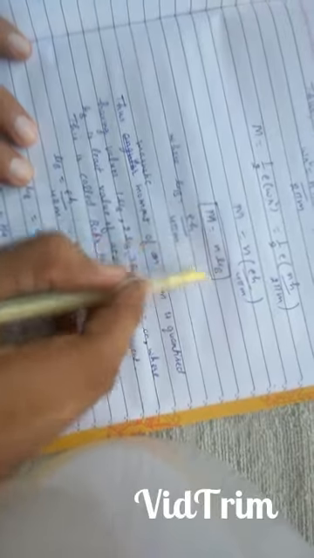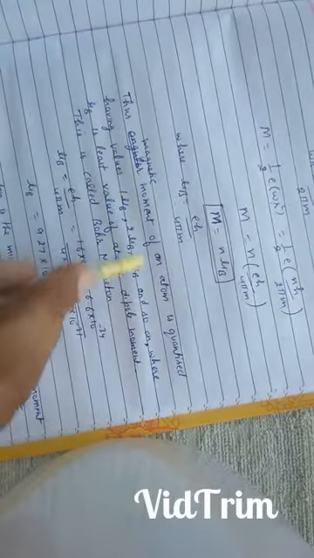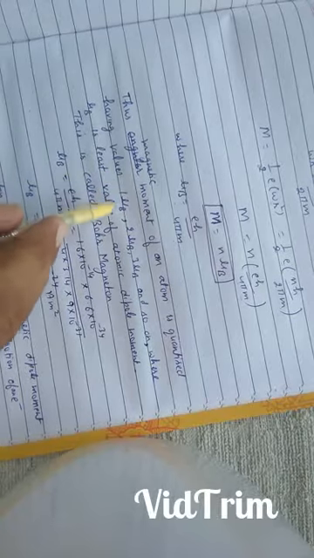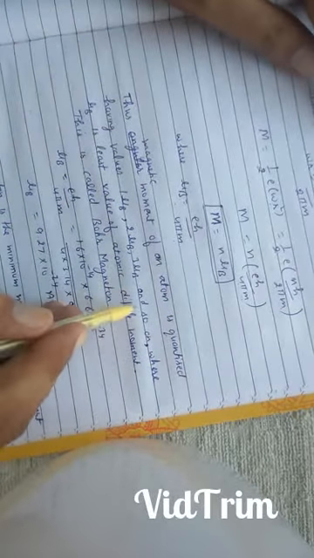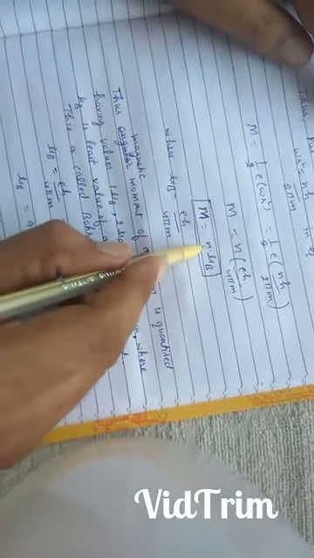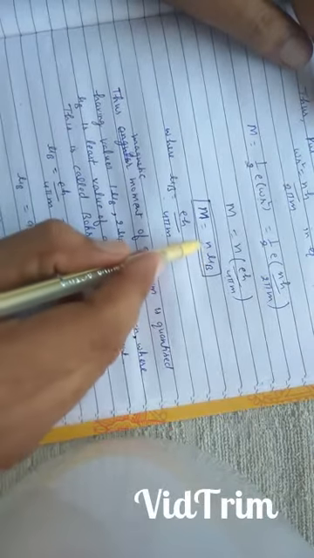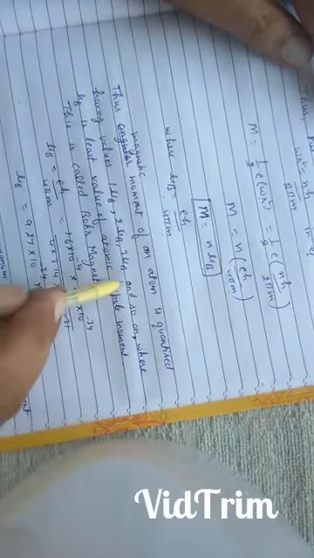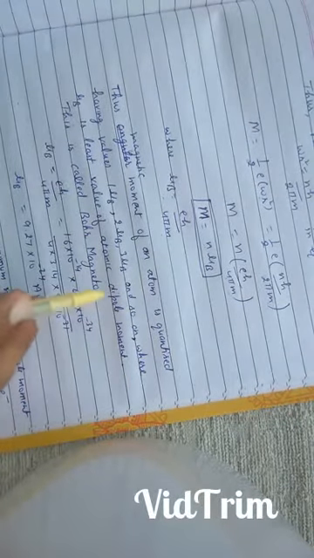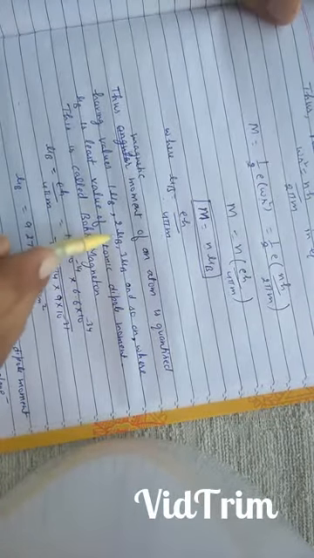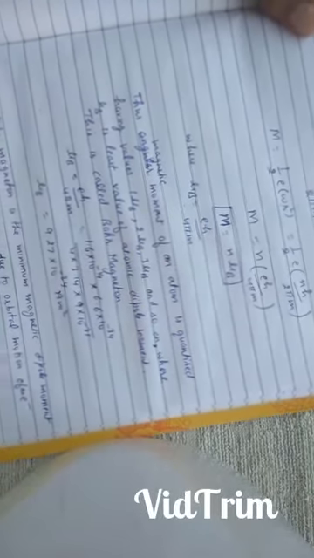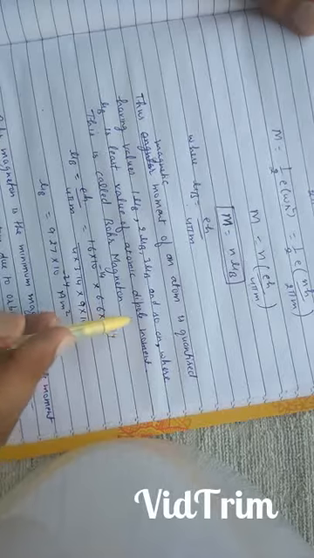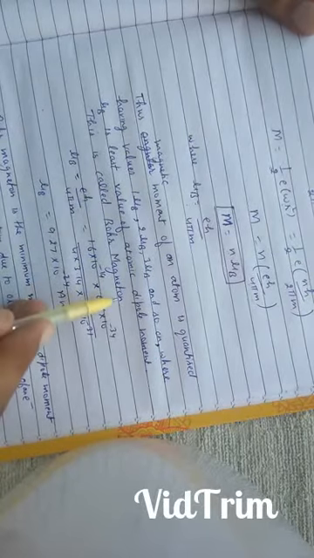Therefore from this equation we see that magnetic moment of an atom is quantized, having value 1 mu B, 2 mu B, 3 mu B and so on. When n is equal to 1, then m is equal to 1 mu B. If n is equal to 2, m is equal to 2 mu B. If n is equal to 3, then 3 mu B. Therefore magnetic moment of atom is quantized, having value 1 mu B, 2 mu B, 3 mu B and so on, where mu B is the least value of atomic dipole moment. This is called Bohr magneton.